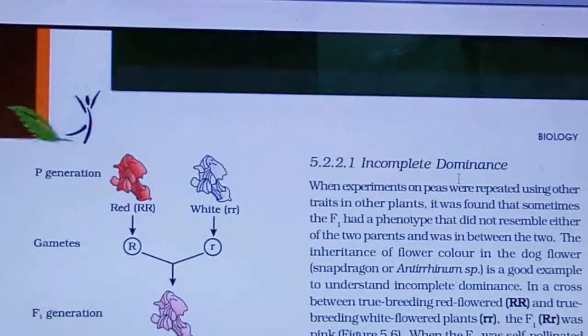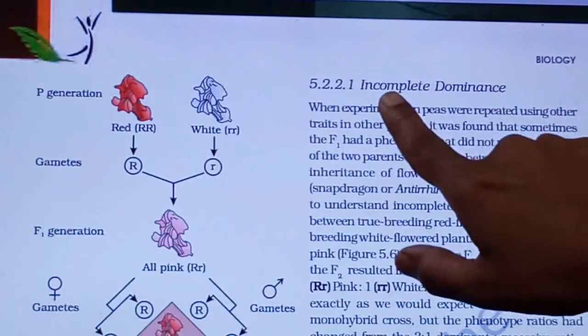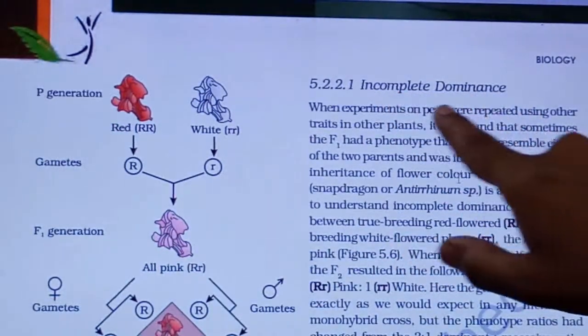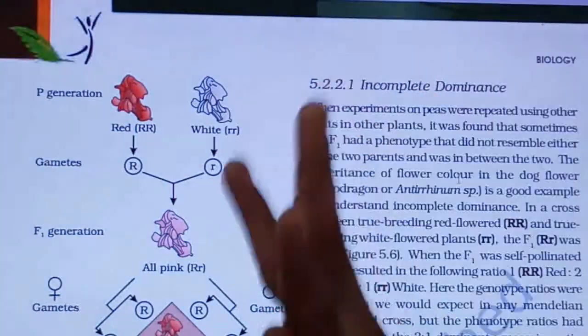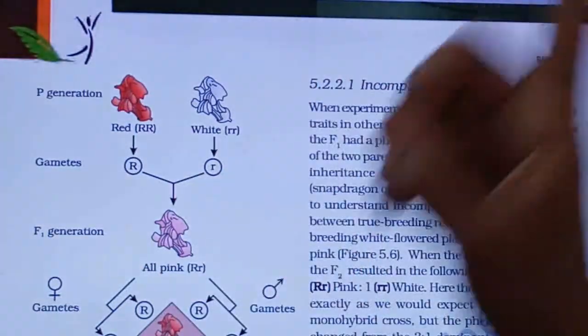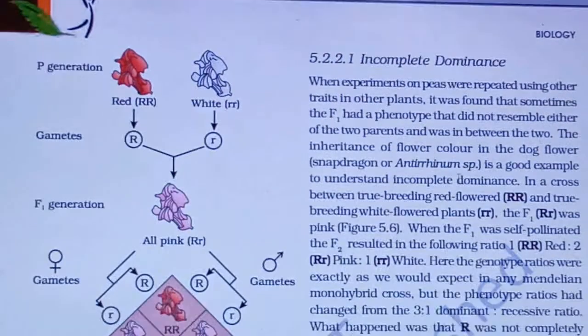See the next page, page number 76. On this, the next point is incomplete dominance. Now this point is again very, very, very important. Mark it IMP, as a question will be asked based on this for 2 or 3 marks, right? Sometimes even a 1 mark question will be asked on the name of the plant on which incomplete dominance is seen.